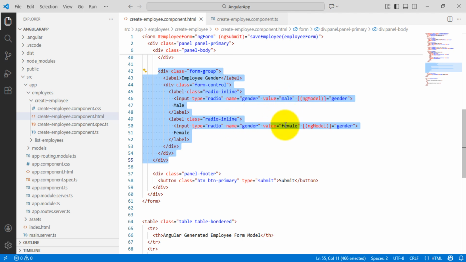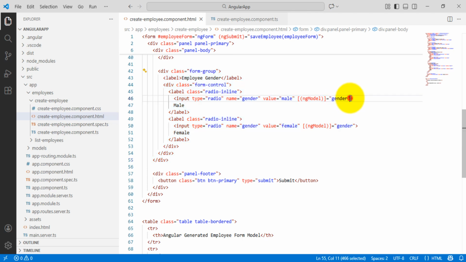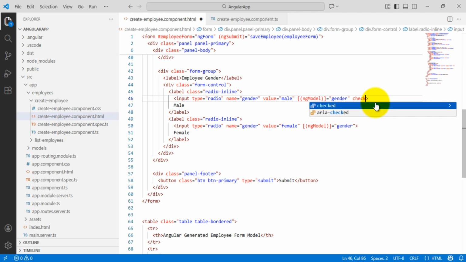Okay, so if you include the checked attribute on one of the radio buttons, we expect that radio button to be checked by default when the form initially loads. But you will discover that it is not the case because of the ng model directive here. So in this example, I'll add the checked attribute on the male radio button, and when the form is displayed, it will not be checked. I'll show you by implementing. So checked,